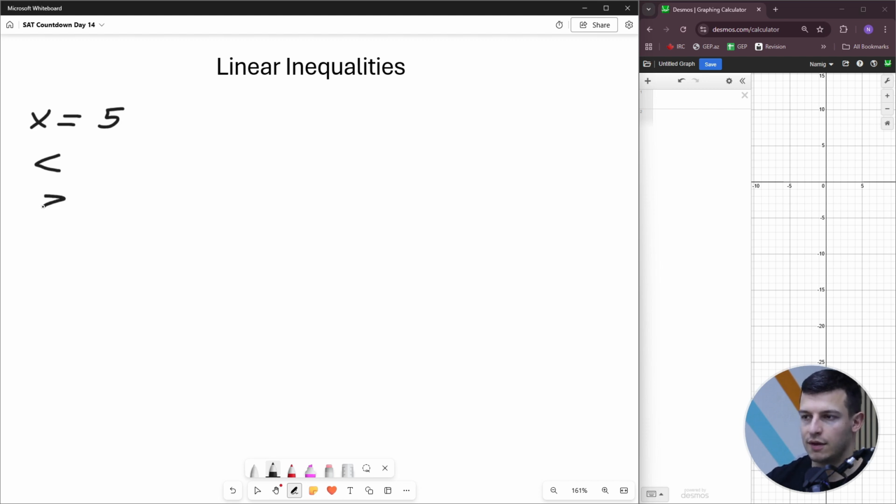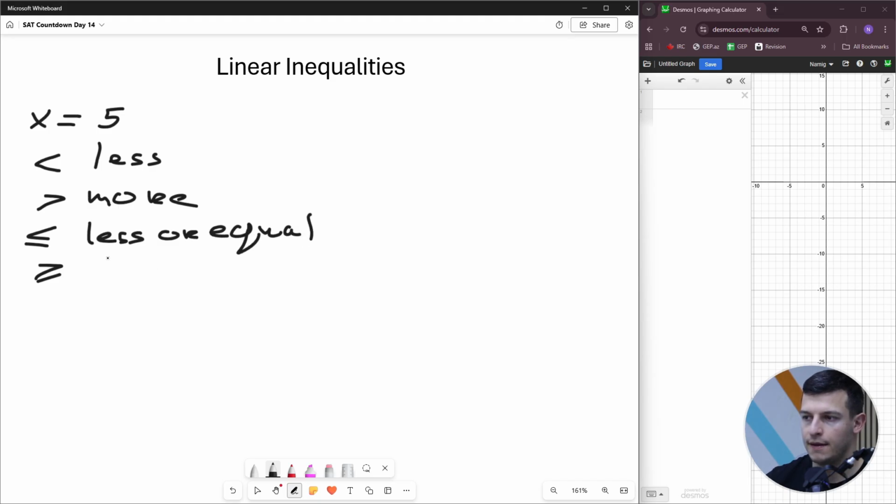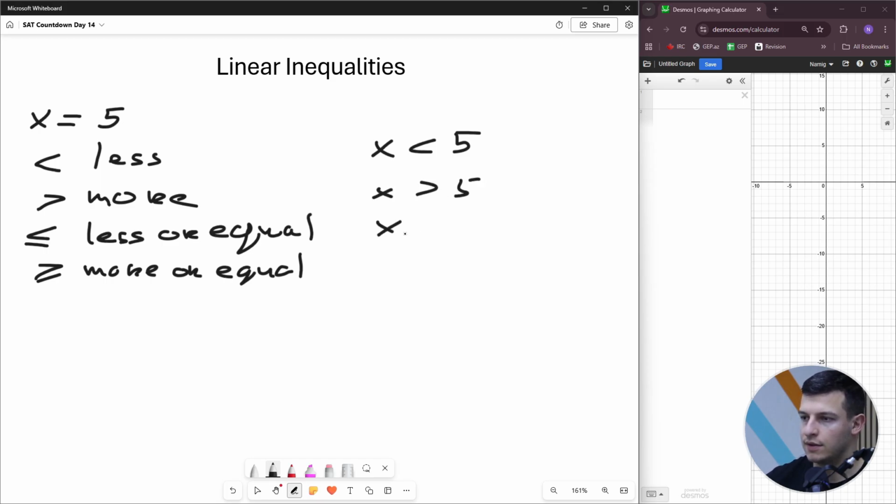So we've got less than, more than, less than or equal, and more than or equal. Again, we can write it the same way we use in equations: x less than 5, x greater than 5, x less than or equal to 5, and x greater than or equal